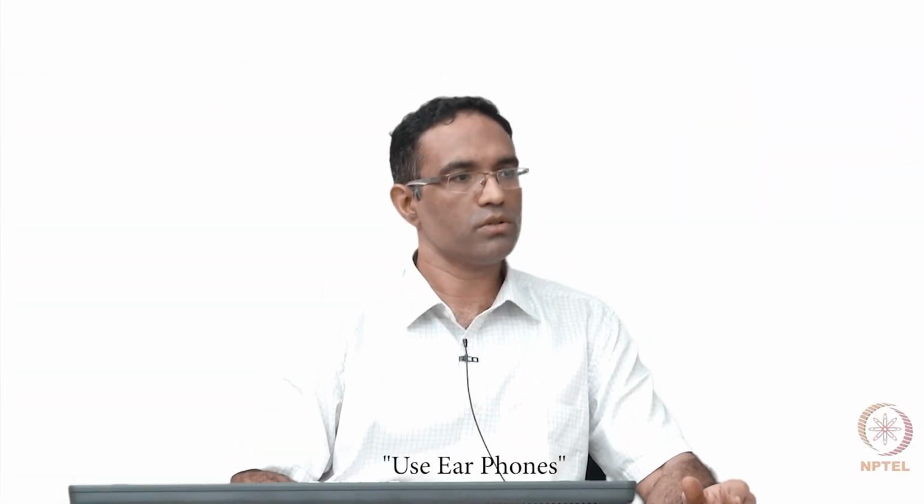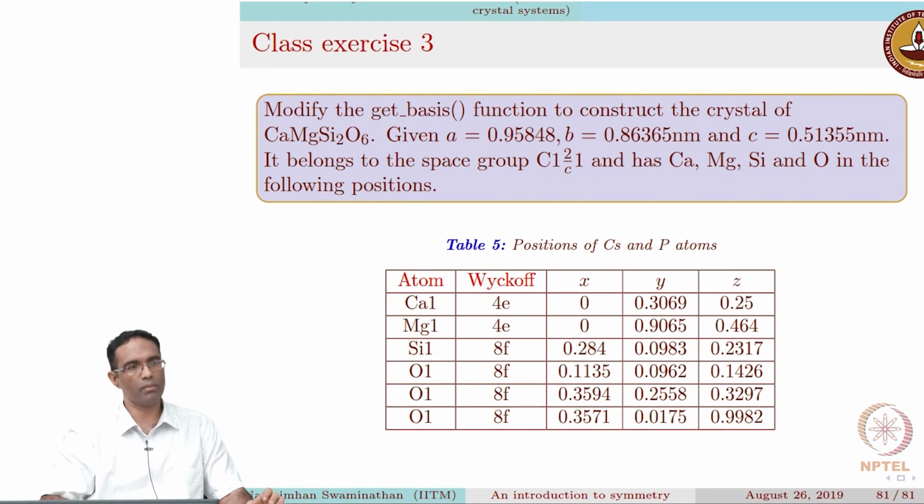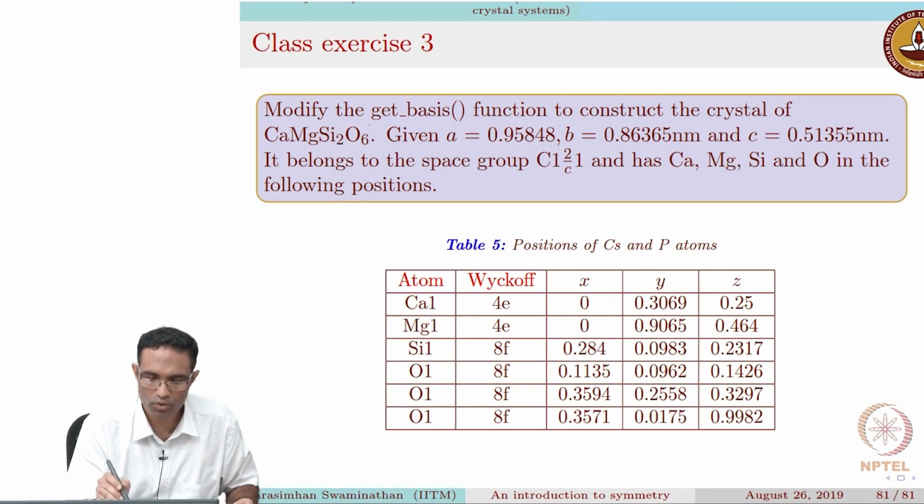So good afternoon. Today we are going to continue creating a couple of other crystal structures from different space groups. There are some nuances that one might have to keep track of when you are constructing these crystal structures. So I'm first going to demonstrate what will happen if you have a monoclinic space group. So the crystal that we are going to construct is this one,